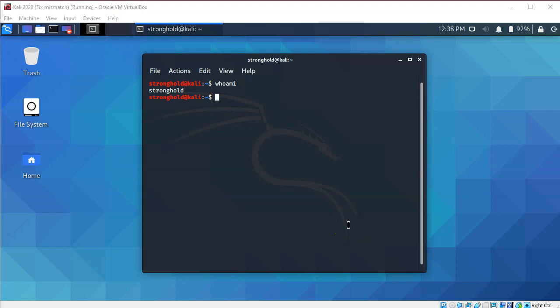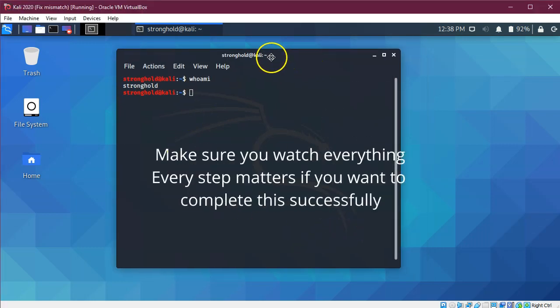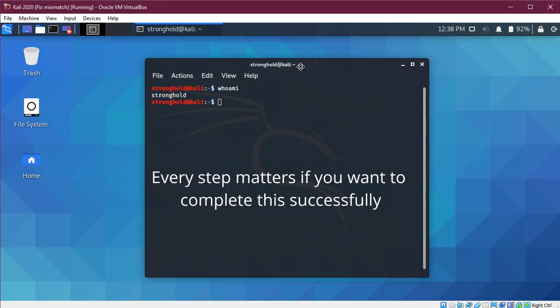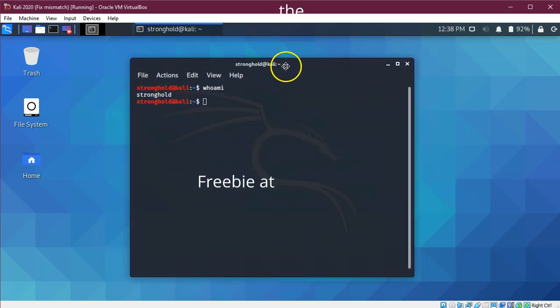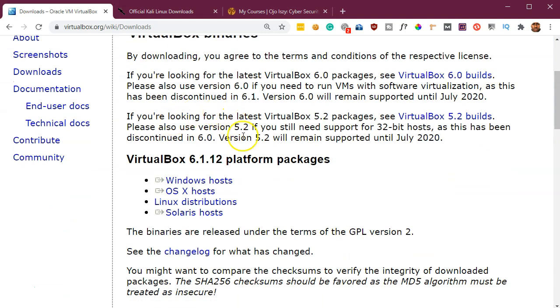In this video, I want to show you how you can install Kali Linux on VirtualBox and fix all of the issues that come with installing the latest Kali Linux 2020 on VirtualBox, and have it display on full screen mode just like this. Alright, so the first thing you want to do is go to the VirtualBox website and download VirtualBox